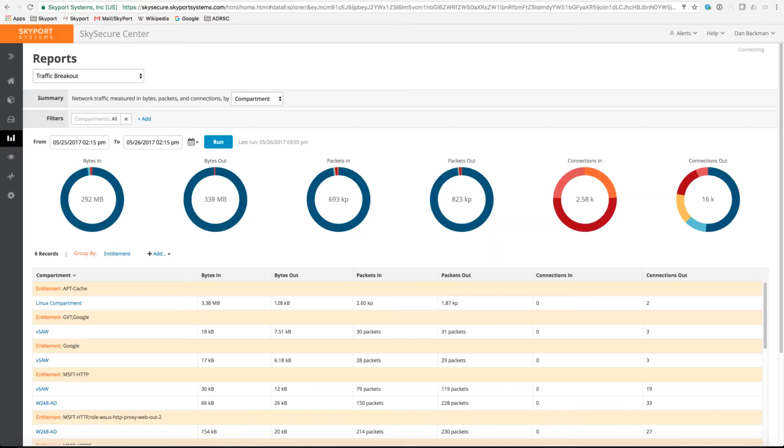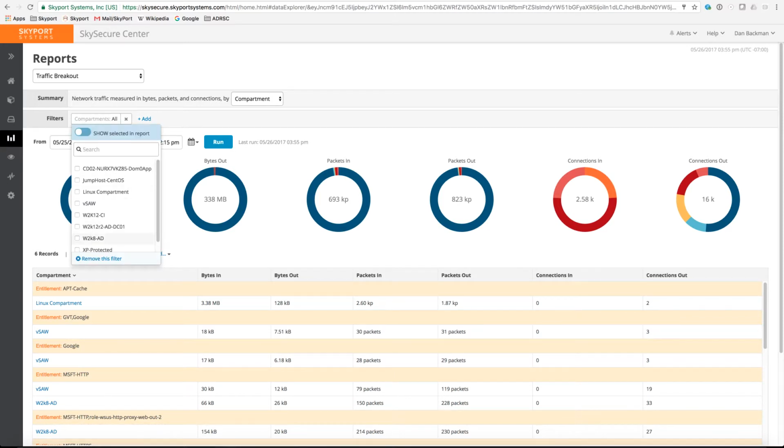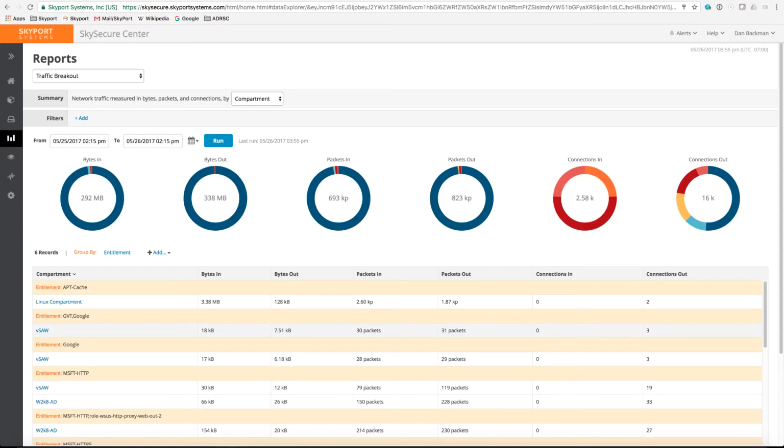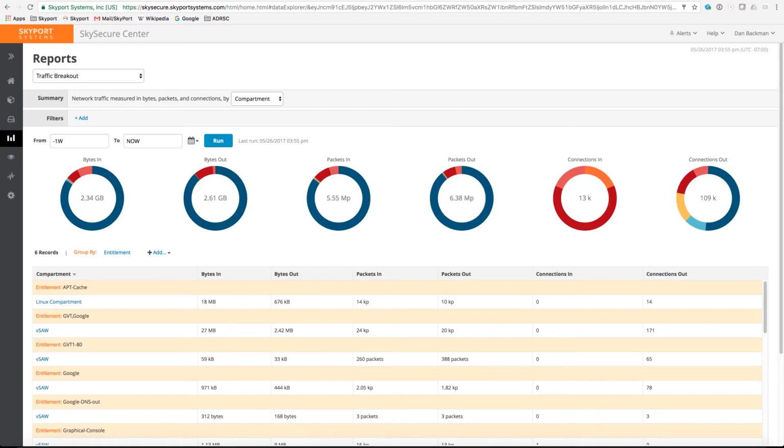The same capability is also used to aggregate traffic and be able to provide extensive reporting on the overall amount of traffic that's gone through the system. In this case, we can limit it down to individual virtual machines or run all virtual machines at once. What this report is showing you is for a given time frame. Here we're going to pull it up for the past week. This is now aggregating all of the traffic data through each one of these systems, and this allows you to get extremely accurate accounting for all of the traffic that's gone through that system.